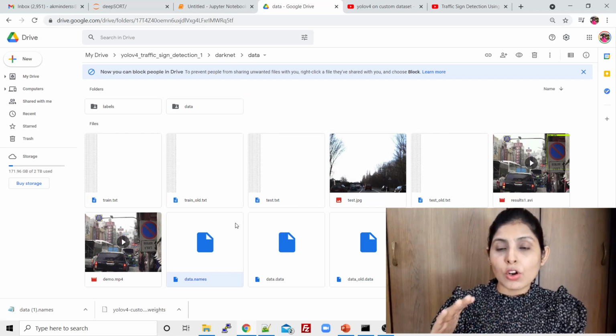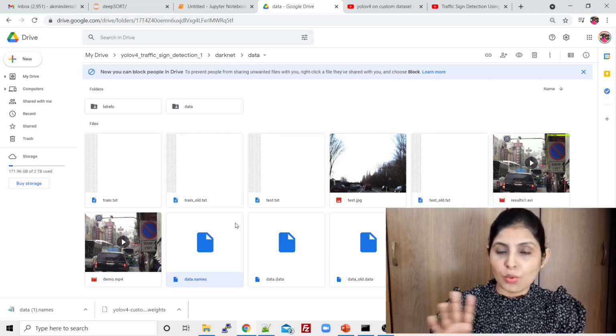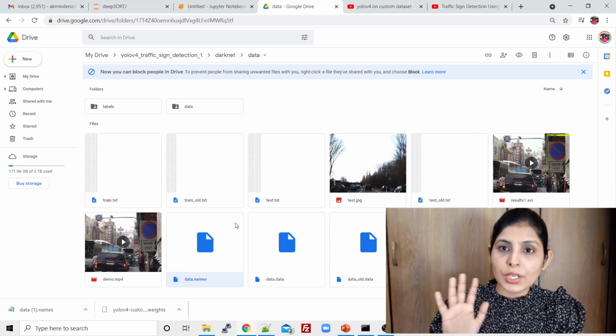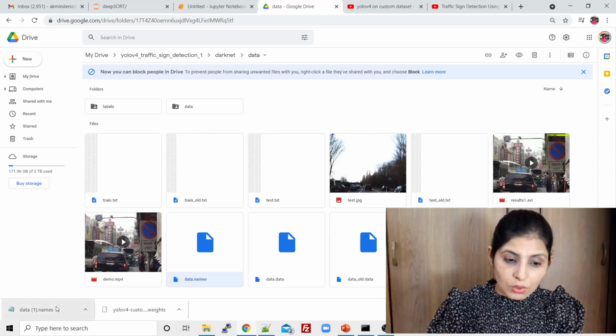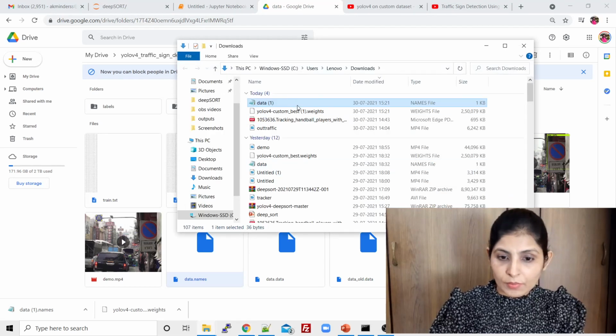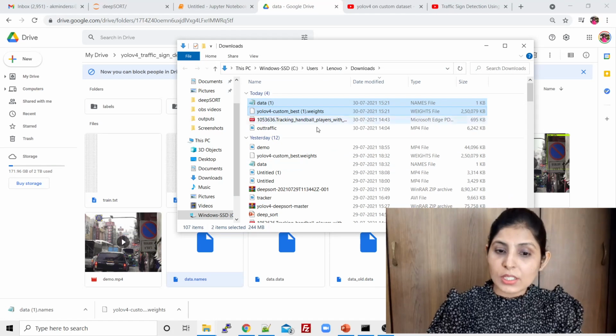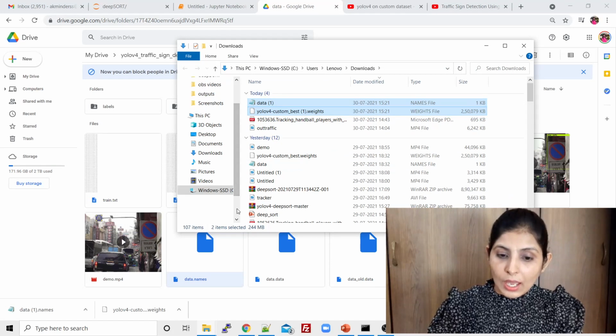Once you train your object detector, you need these two files from here, right? So I have downloaded these two files. Now let me copy these files from here. This is my data file and these are the weights. I have copied these two files from here, and in D drive,